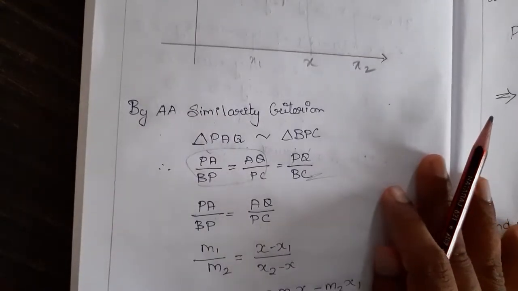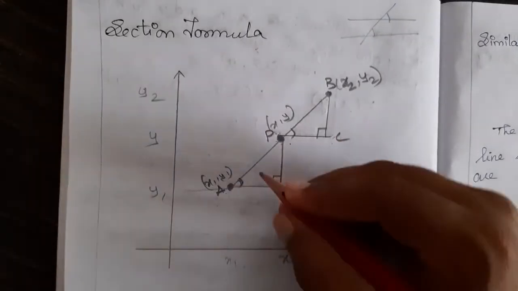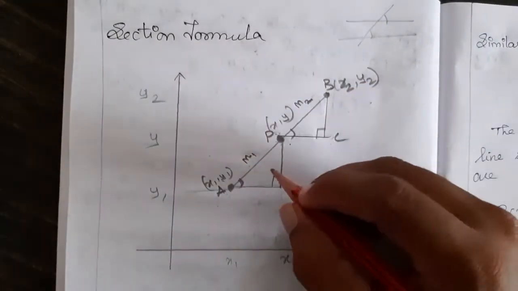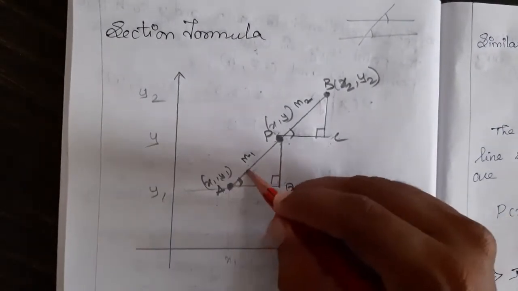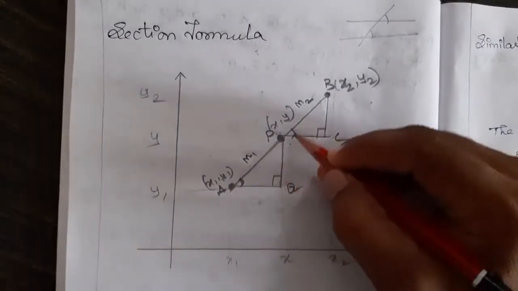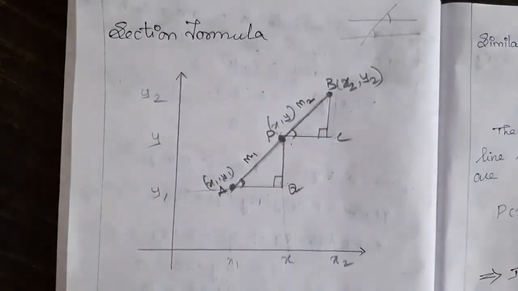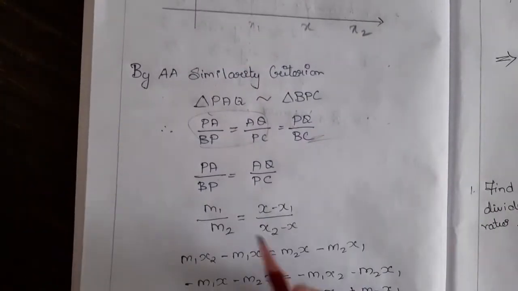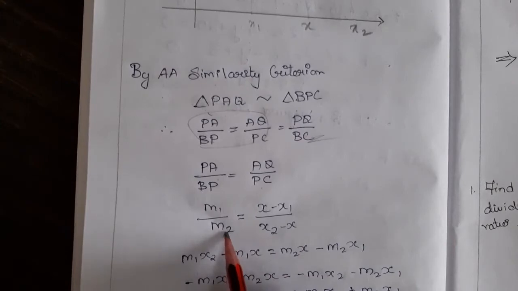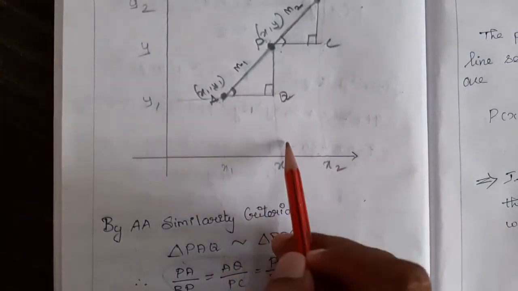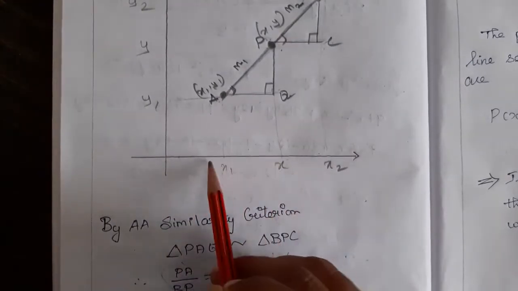What is the length of PA? The length of PA we don't know, so let me consider this length as M1 and this as M2, because we will be using this in the problem. We need these things, right? This section, how much section it is split. So it is M1 and M2 we are considering. So PA is M1 and BP is M2, and AQ. AQ is nothing but the distance between these, this minus this, right?